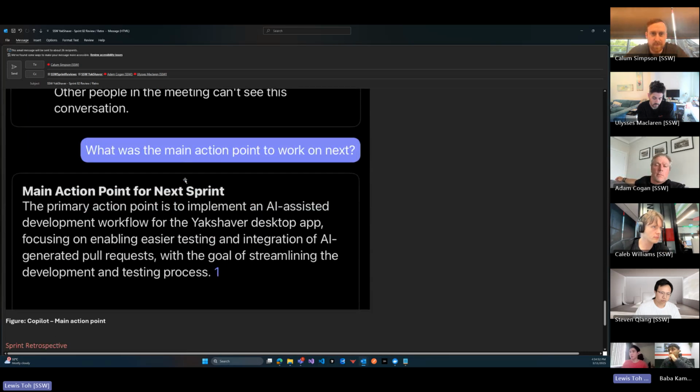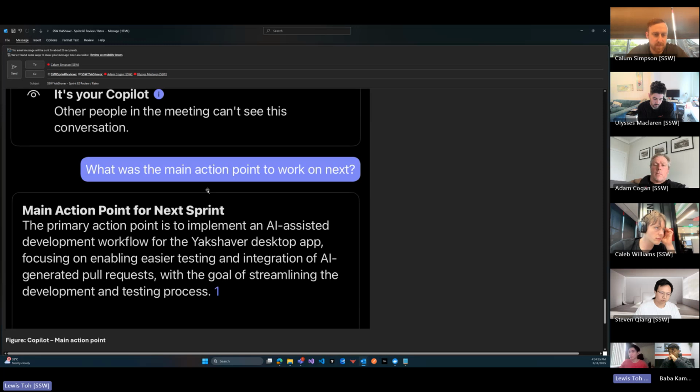And for the main action point, the primary action point is to implement an AI-assisted development workflow for the YakShaver desktop app, focusing on enabling easier testing and integration of AI-generated pull requests, with the goal of streamlining the development and testing process. I think the team would agree that is the main action point. And as you'll see, that's also our sprint goal for next